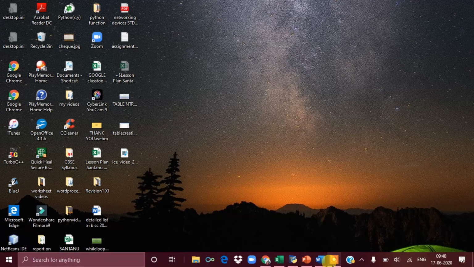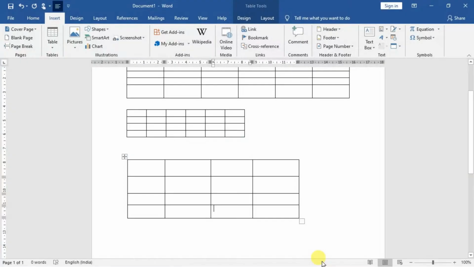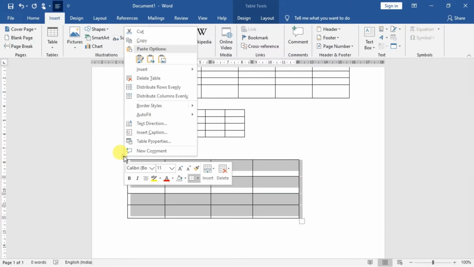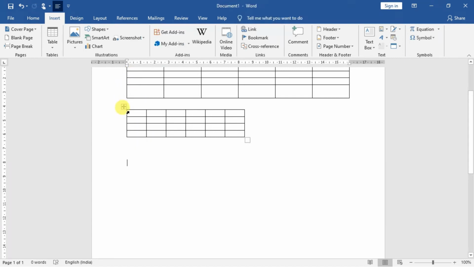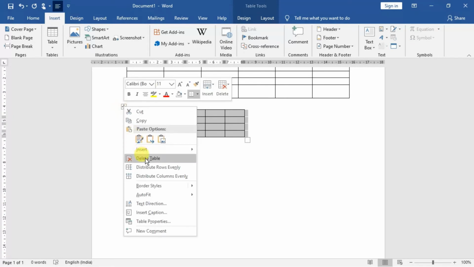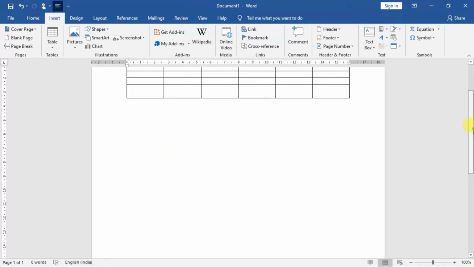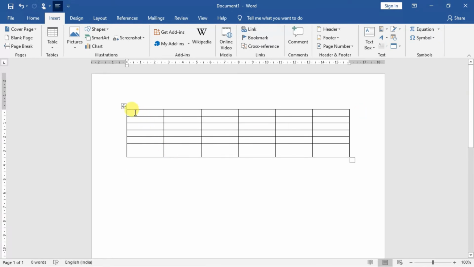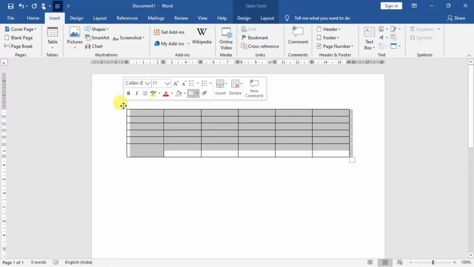Yes, once more we are coming back to the table. So I'm going to Word once again. I'm just removing the table. I'll work with one table only. So I'm deleting this table once more. You see out here, the table will be deleted right now. Right click on it and then choose delete table. The options will be removed. Fine. So now the thing is how to increase the